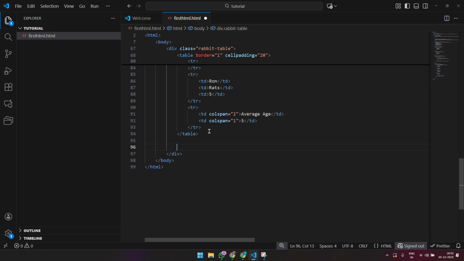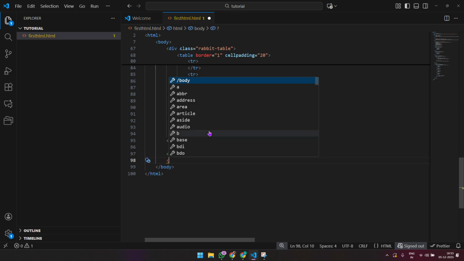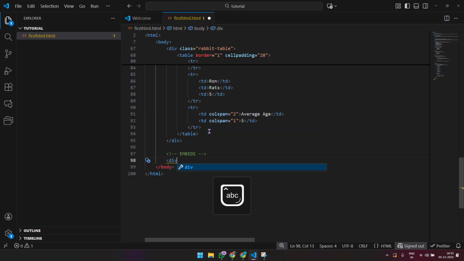This is the table div, so we are going to create some embeds. So I'll put in a comment embeds, and we are going to say div class equals embeds and id equals image, right? So we'll create this div